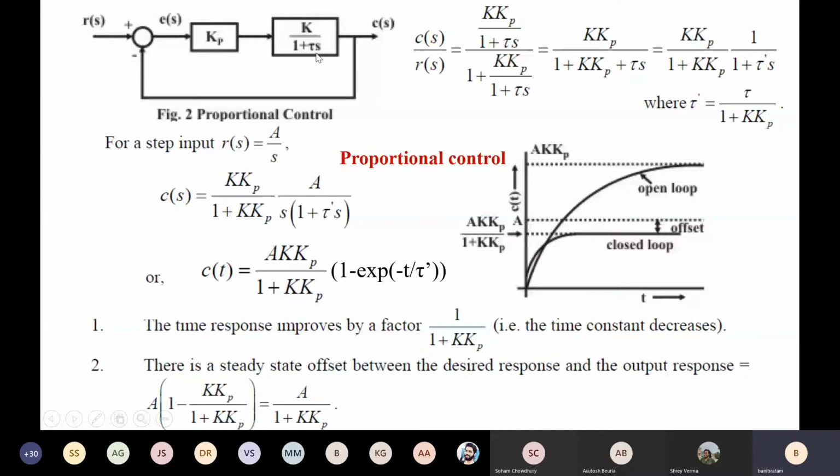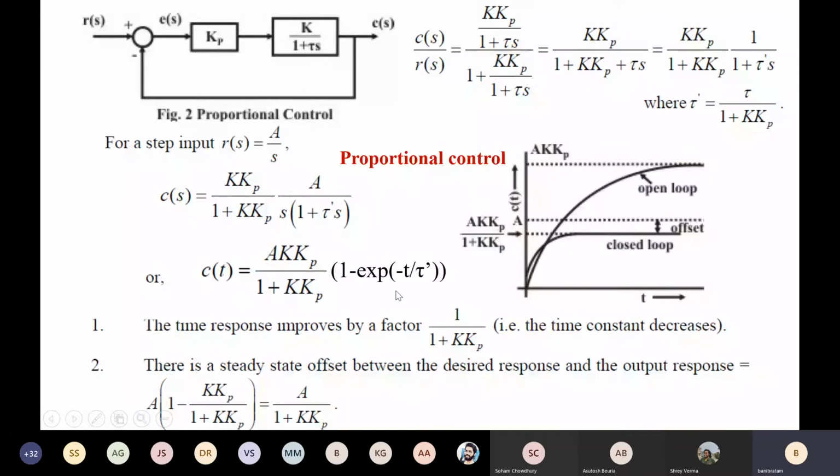Okay. So then we discussed elaborately that if we consider a proportional gain, where this is my first order system K by 1 plus tau s, then simply a proportional gain Kp, and then if we derive the closed form, that means the transfer function output by input, that is C(s) by R(s), what we got are the expressions of C(s) in this form. If we consider a step input with the value A, then the c(t) will be this one. And in the previous classes in that slide some typing mistake was there, so that will be basically minus t by tau dash, is it not? So effectively this tau dash is tau by 1 plus K Kp.